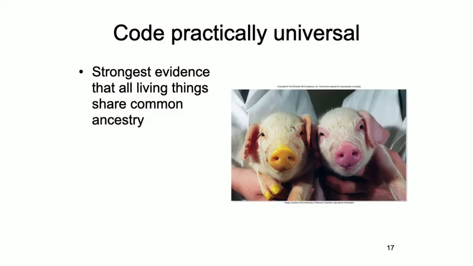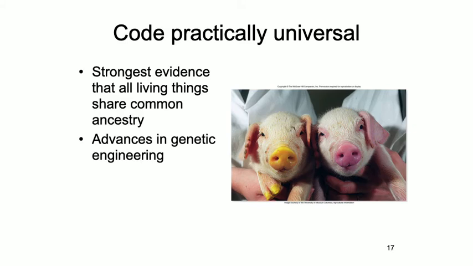As I mentioned, the code is practically universal with tiny exceptions in some bacteria. And this is the strongest evidence among a lot of good evidence that all living things share common ancestry. And this allows us to have some advances in genetic engineering. I've mentioned previously that